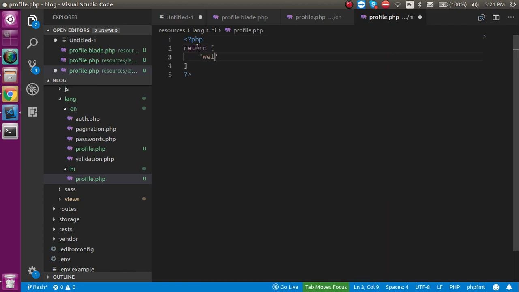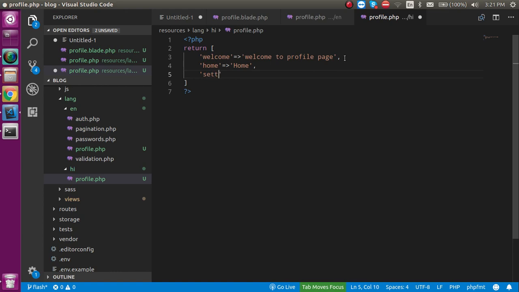Inside the array let's make some keys like welcome, and here you can write welcome to profile page, and after that let's define home, which will just be home. Alright, and after that let's make about